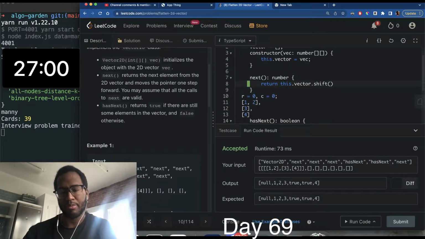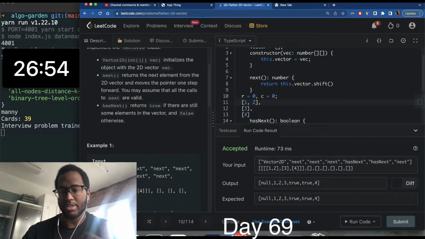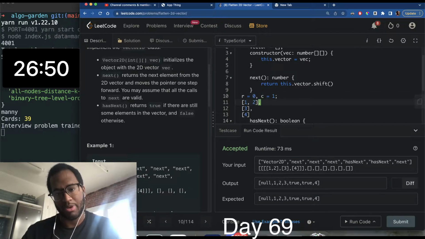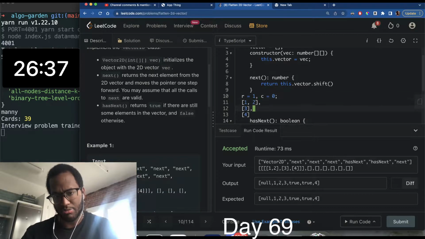next, if column is less than the length of the column, then we'll just increment it. So we'll do 1, so then we'll be at 2, and 1 is still less than the column length, so increment it. Now if it's not less than, then we want to reset C equal to 0 and increment R. And I think with this we should be able to